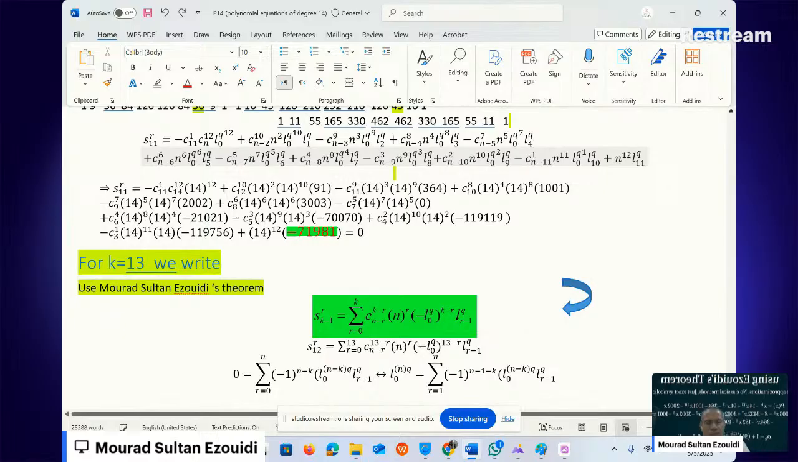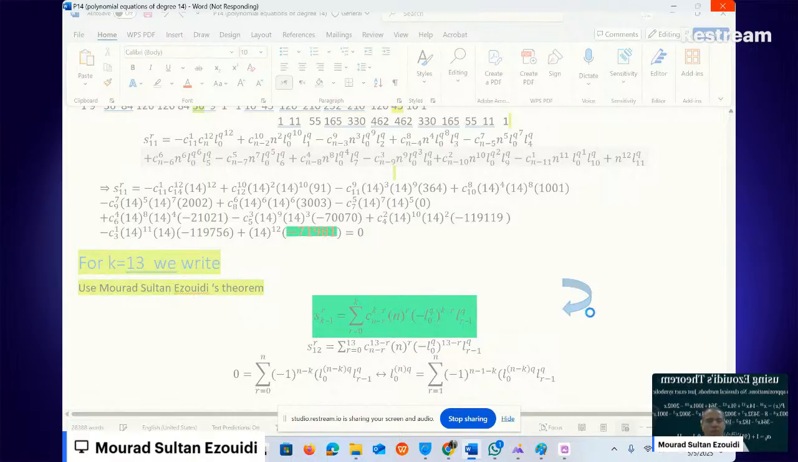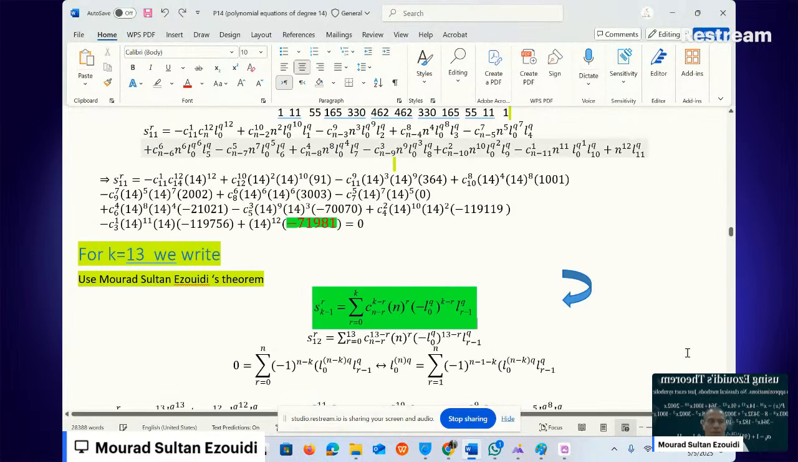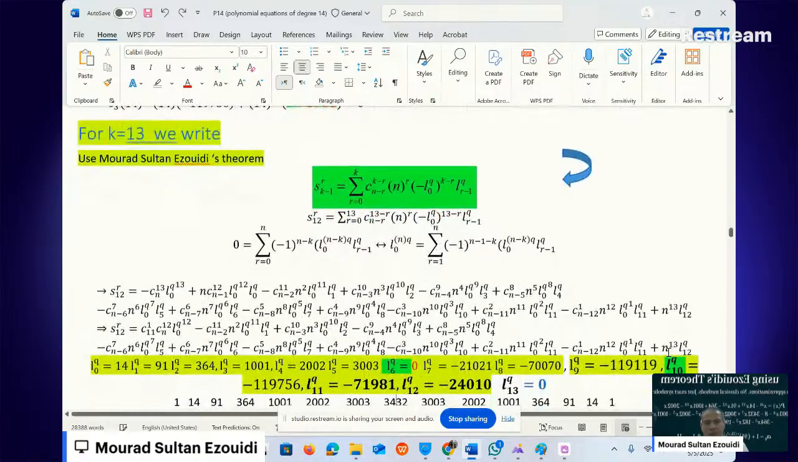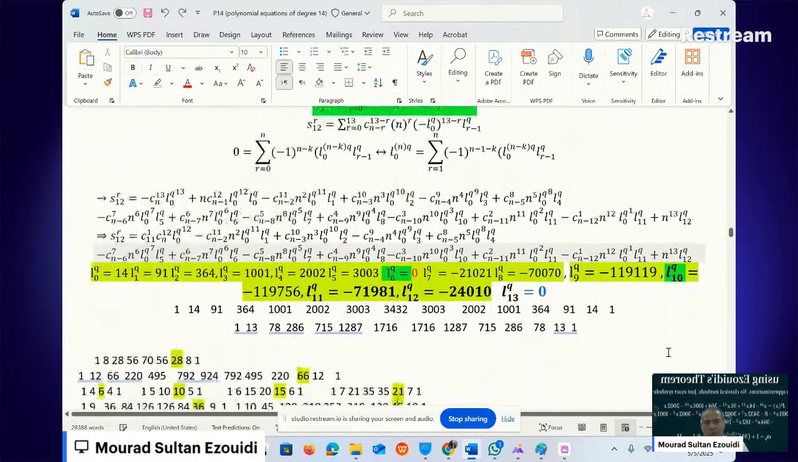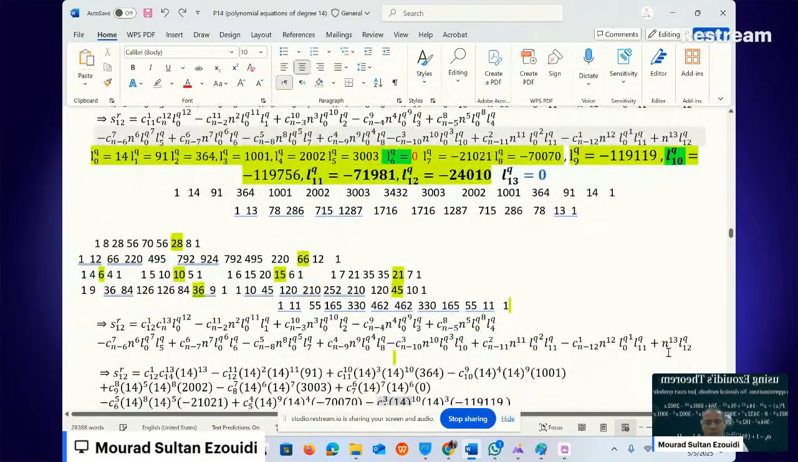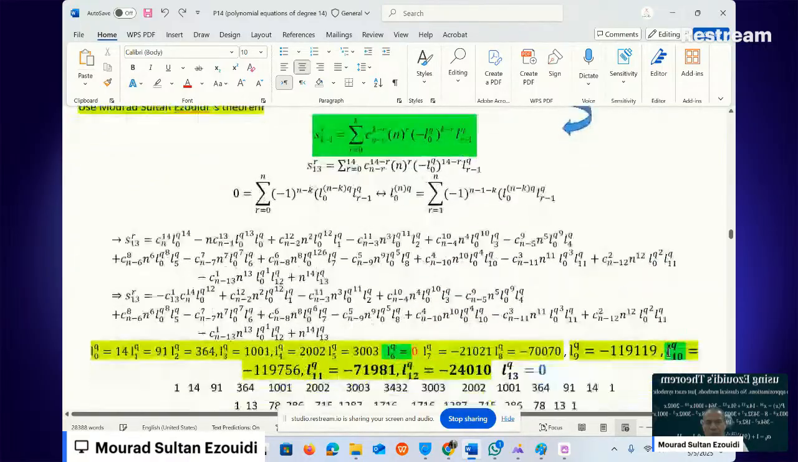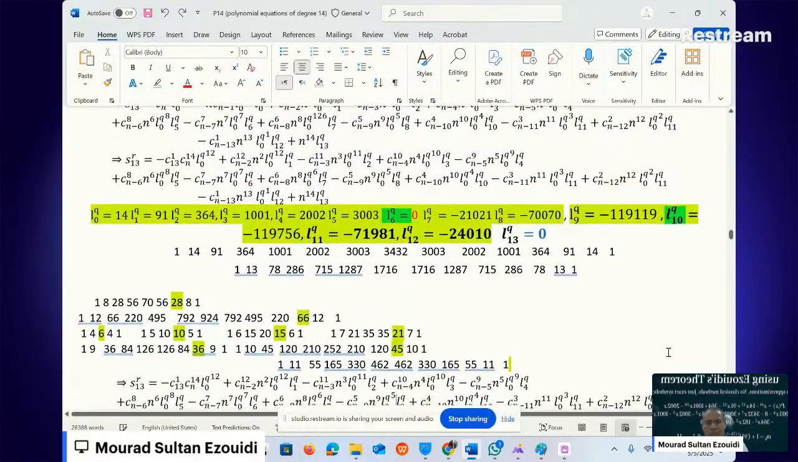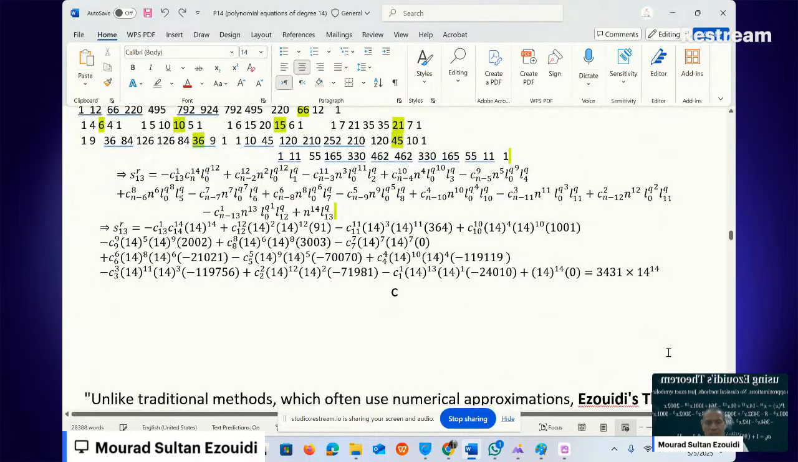S11 we told is going to be equal to, and now let's see first, okay, S11 is okay. Go to S12. Find S12 except k equals 13 and return a formula from the theorem of Mourad Sultan Ezouidi. Then we obtain the value of S12. Now we see S15, which is